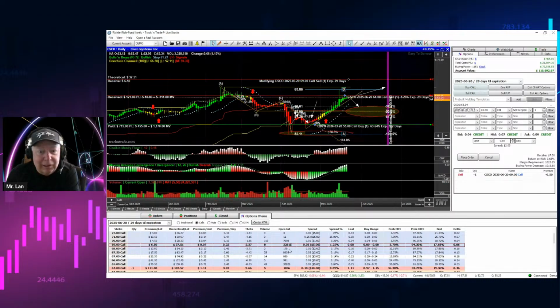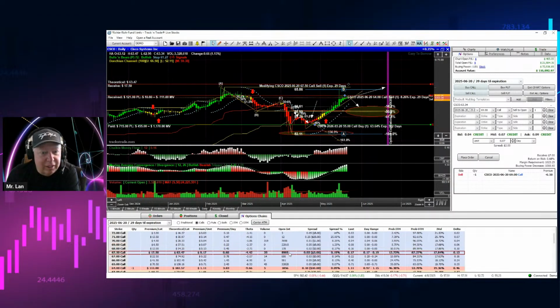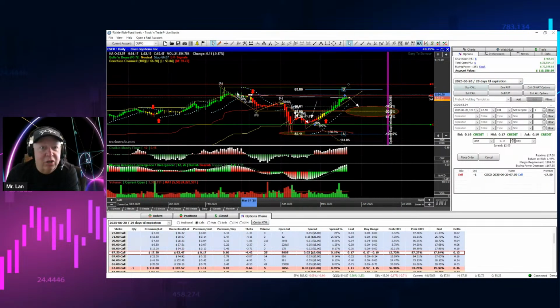Let's come in a little closer. That's only $17 right there. Do you think the little snaky thing is going to hit the purple line underneath the red line? That's the game we're playing. How good are you at guessing where that market's going to go? I think it's going to turn and come back down into the delta cone of probability when it crosses those